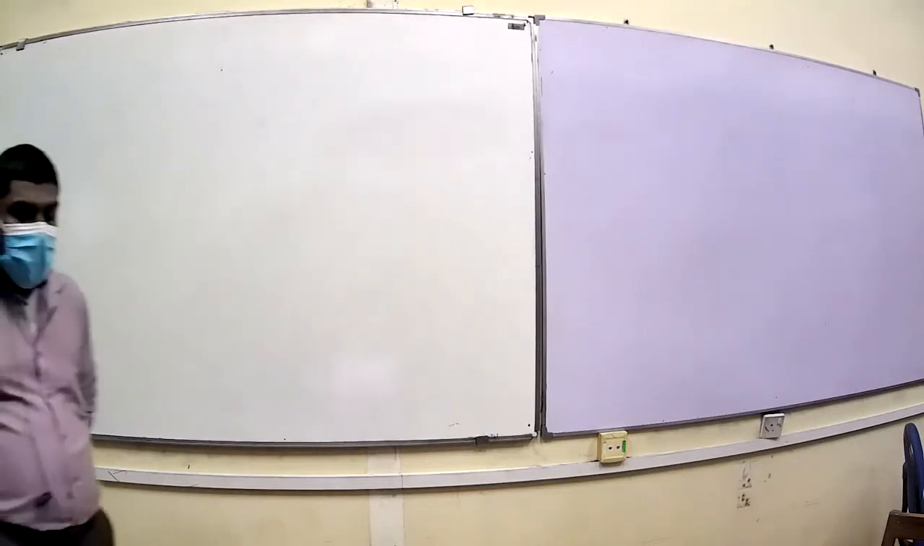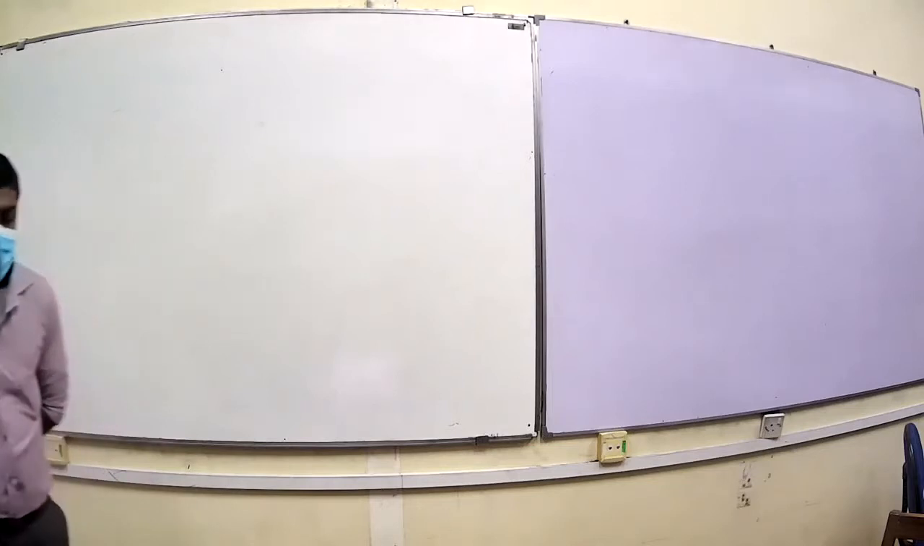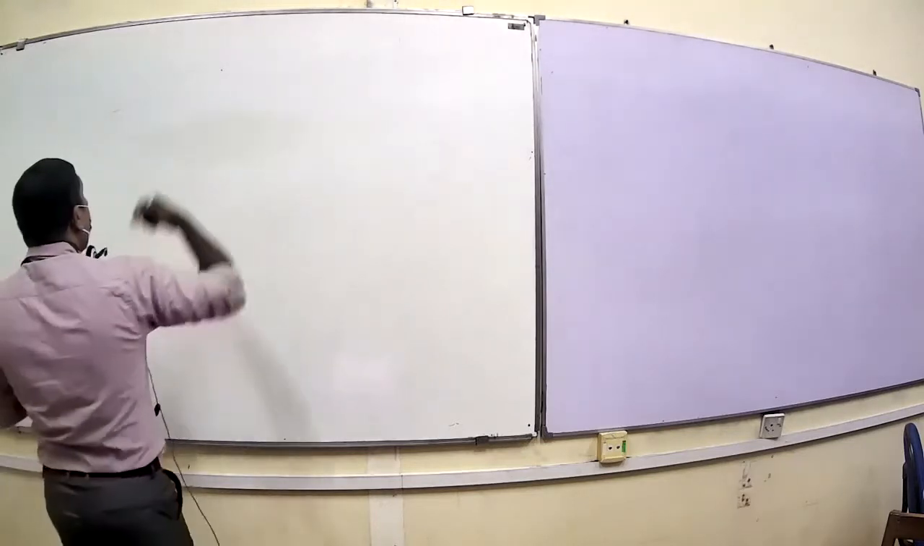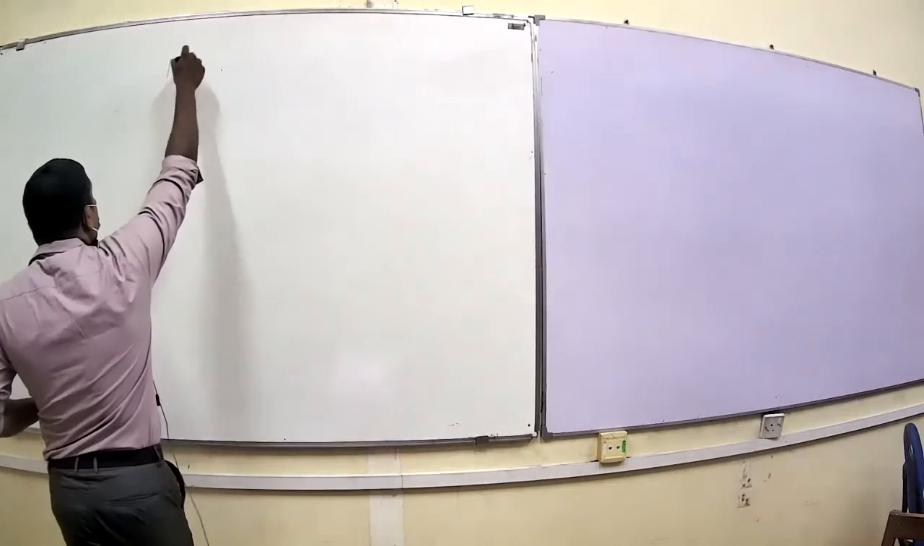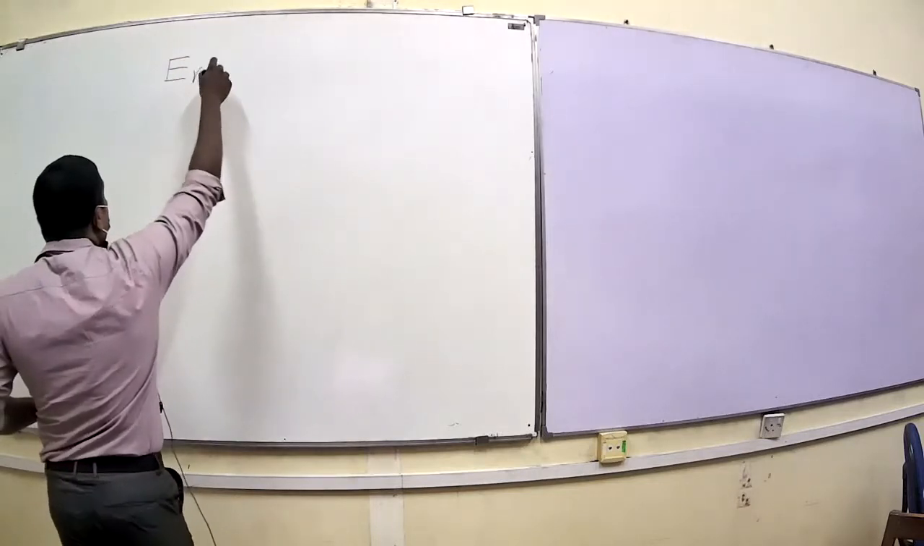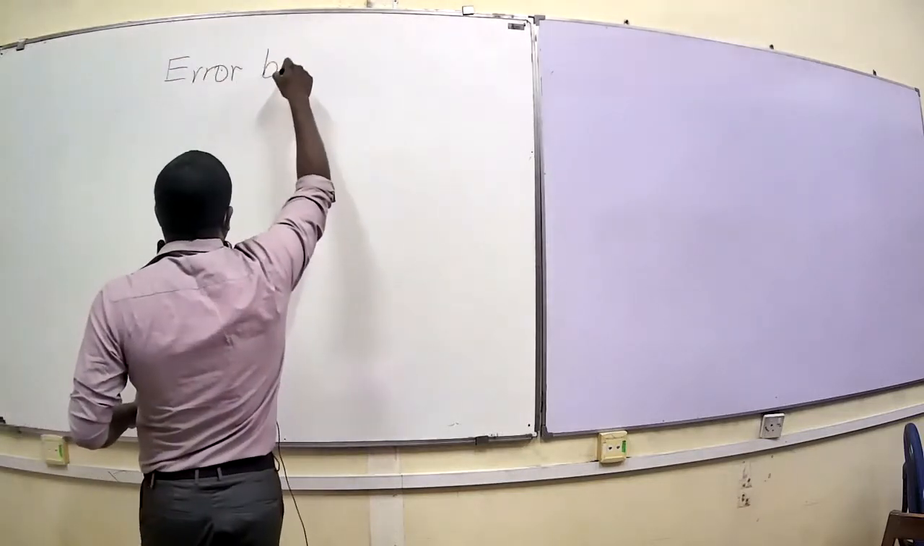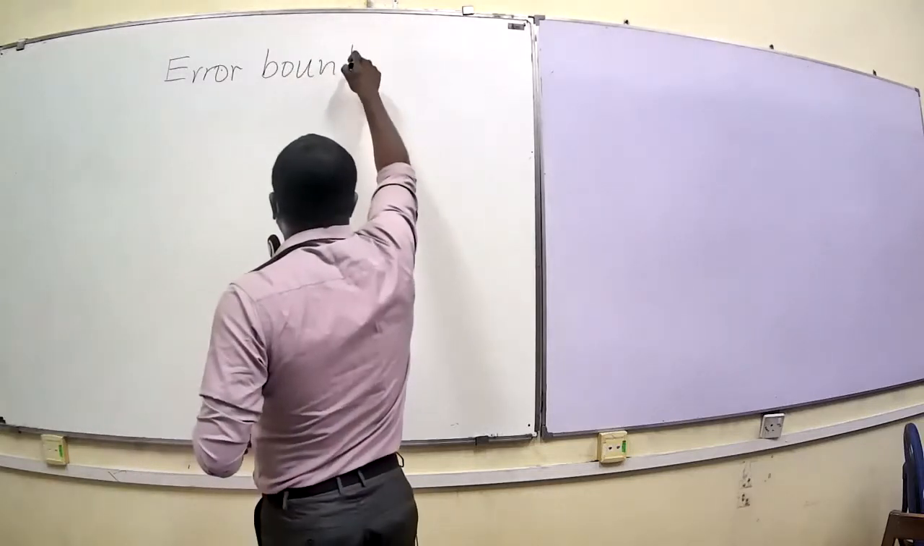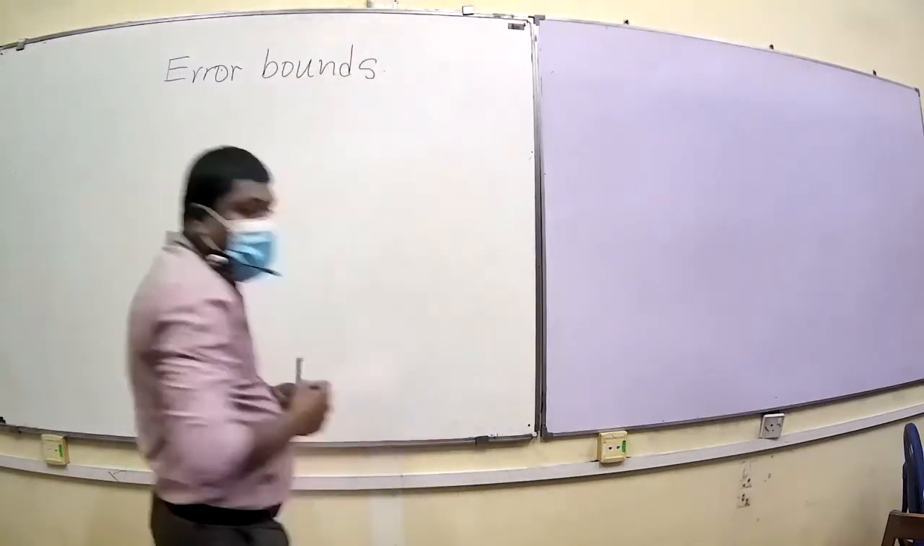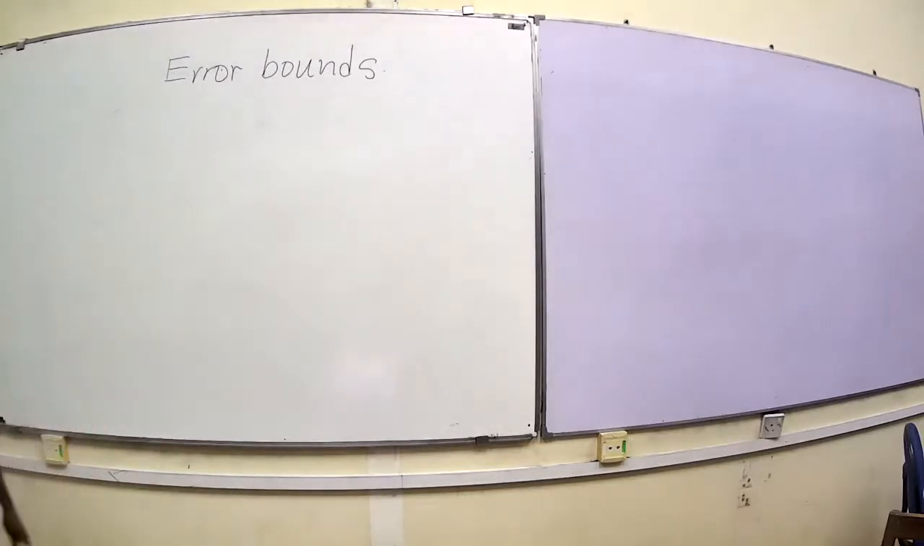So based on that, we talked about types of errors: absolute error and relative error. Today we are going to see an estimation for those errors in terms of some known values. So we call it error bounds. So this is called error bound. This section, so let's say